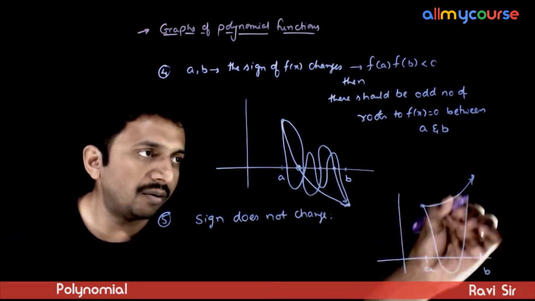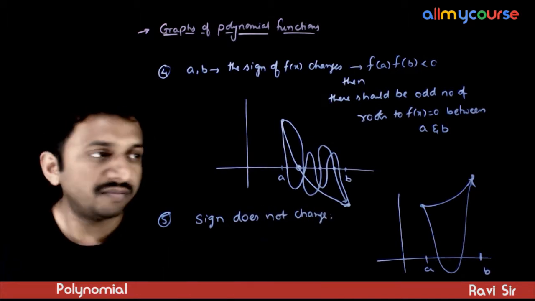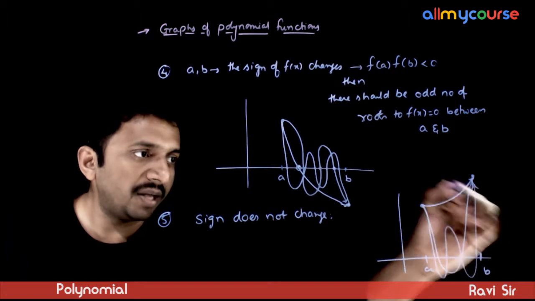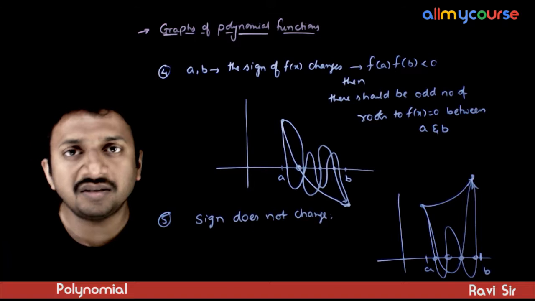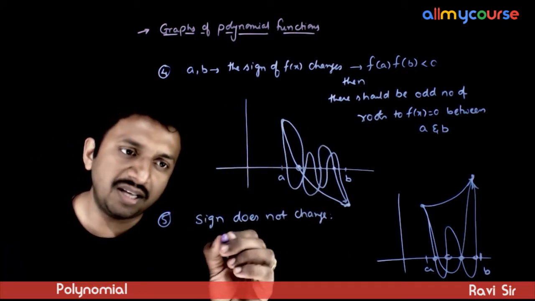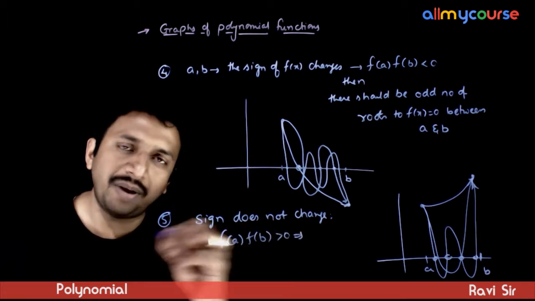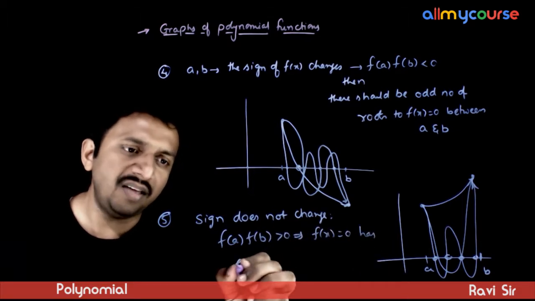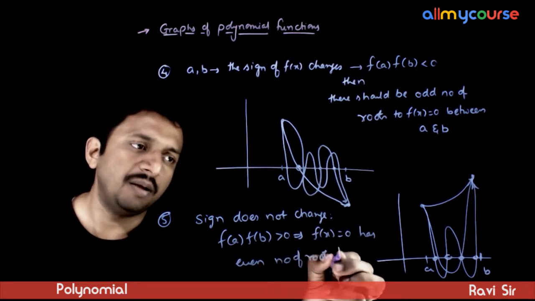Or it can come down and go like this, where it has 2 zeros between A and B. It can come down, go up, come down, and then go up here, which means that there are 4 roots between A and B, and so on. So if the sign does not change between A and B, that is f of A into f of B is greater than 0, this implies f of x is equal to 0 has an even number of roots between